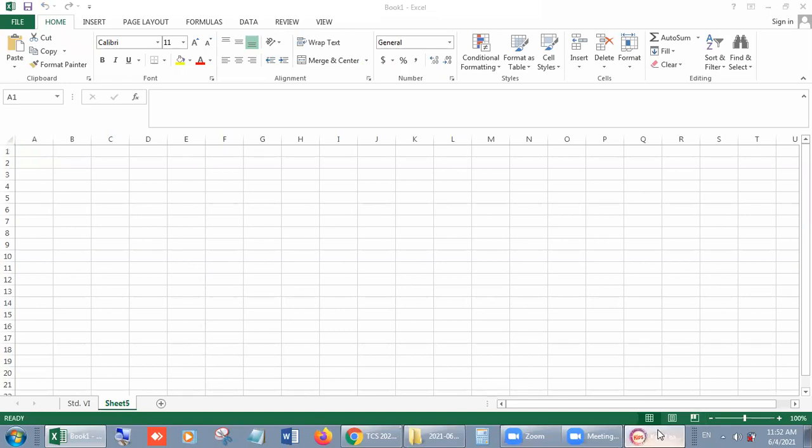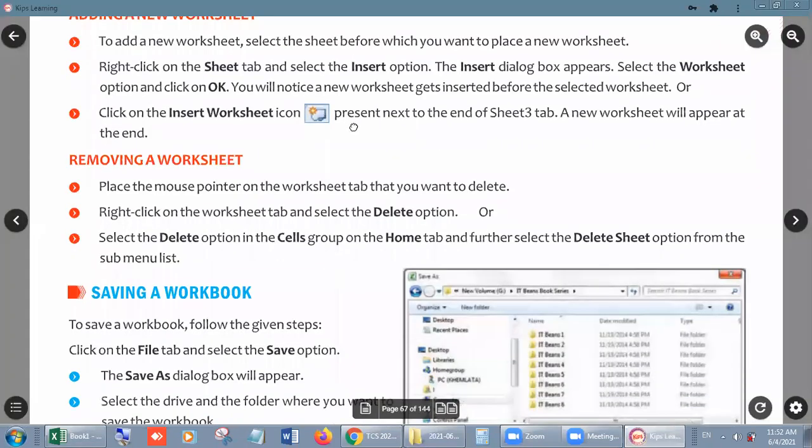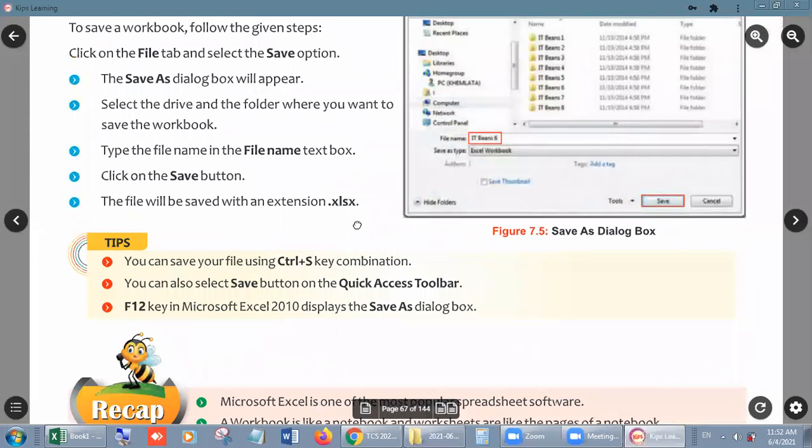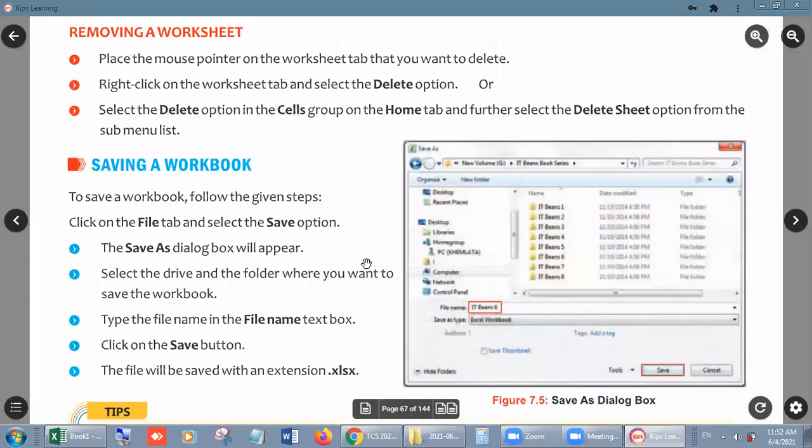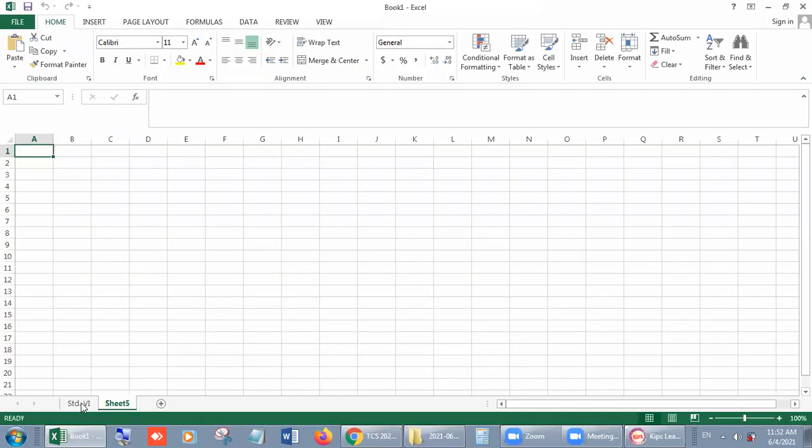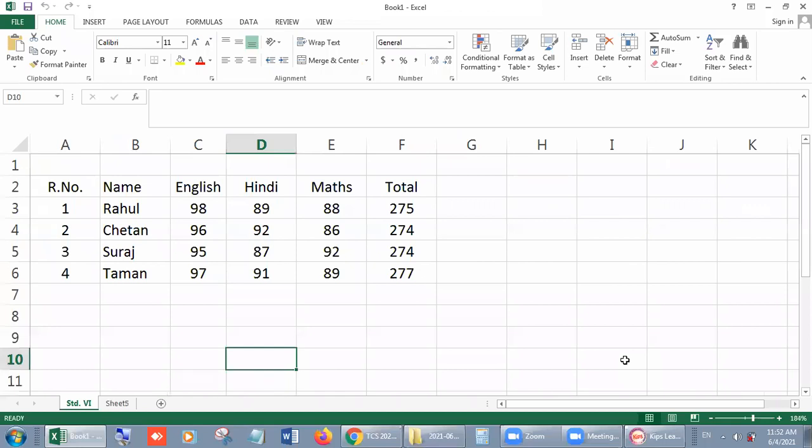So next is saving the workbook, or here I want to add one more option, that is changing the tab color of your sheet. It is not in your syllabus, but I want to give some commands to let you learn how you can rename and why we rename.